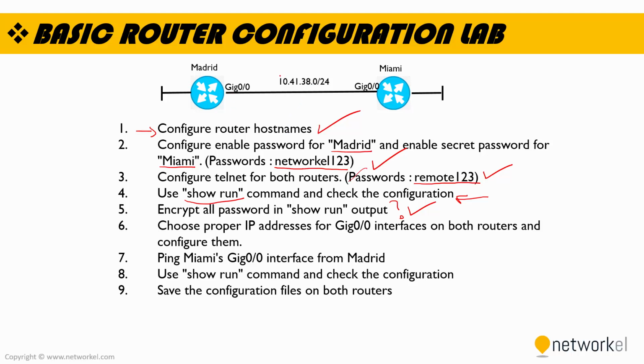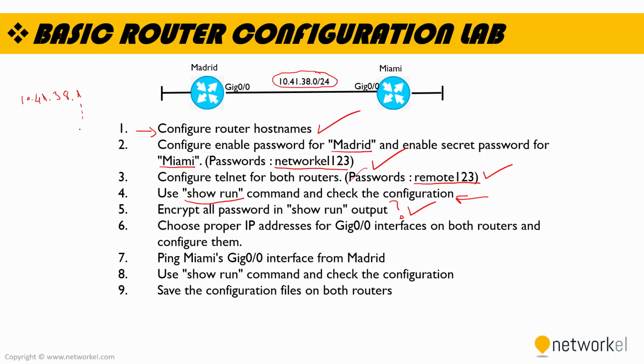As you can see, the network ID between the Madrid and Miami routers is this one. My network ID is 10.41.38.0/24, which means that I can use the address space